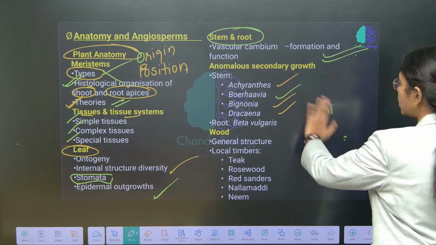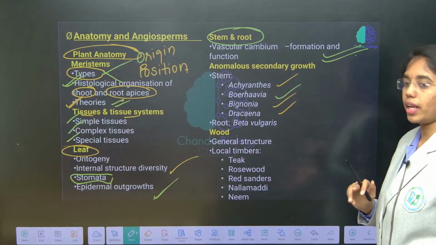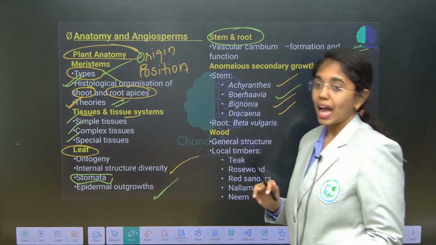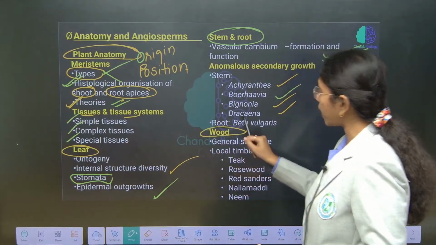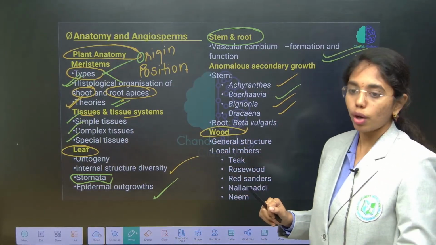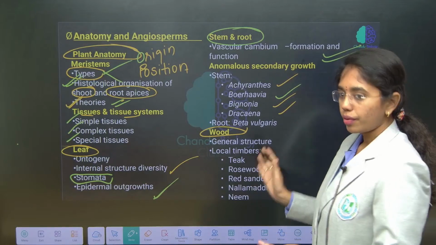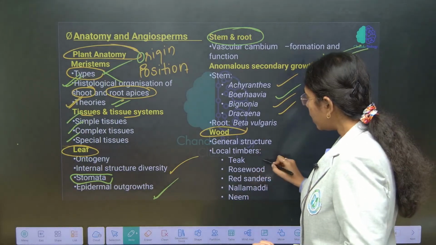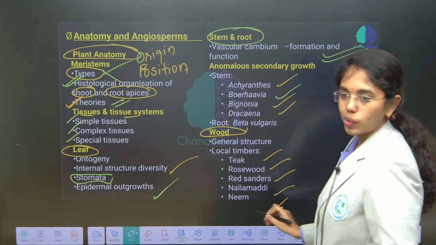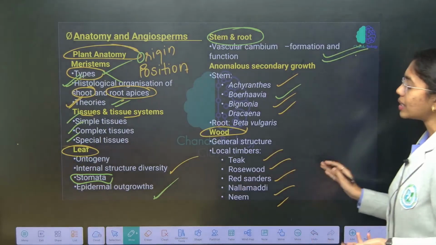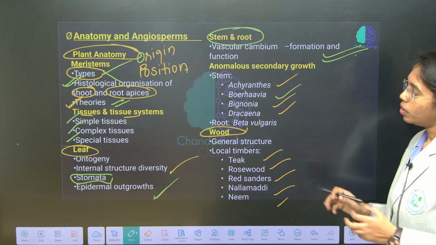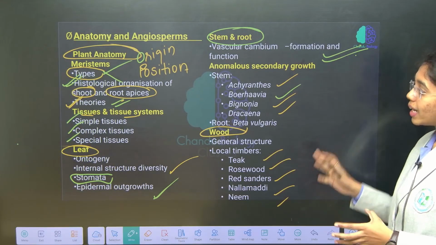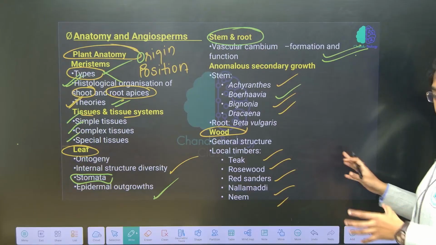Fine, right? Because in tropical plants secondary growth varies based on the season. As such, we have different types of woods also. Here we will look into different types of woods, spring wood, autumn wood, heartwood, sapwood. We have to go through that, but here we will look into the examples as well. Fine, right? And what is the economic importance of local timbers? This also we will go through. So, clear with the concept of anatomy first, okay, and then we will move on to